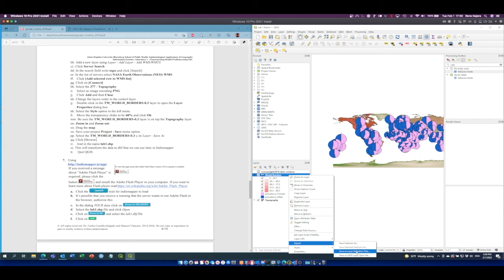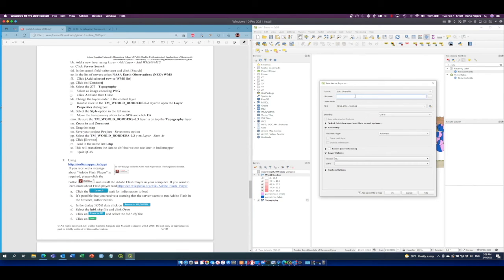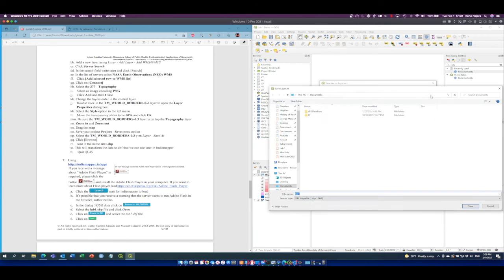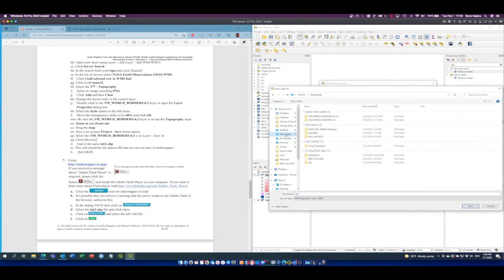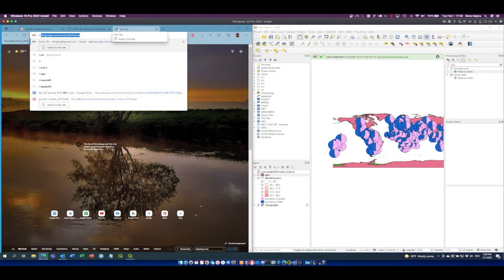Okay, save as, select TM world borders, and layer, save as, and then browse it. Okay. Yeah, it's the same. Shapefile. Lab 1. Shape. Just leave it on. And we're gonna save it in the downloads. Downloads, Lab 1. Save. Okay. And it's saved. And then one of the interesting things that you can do is if you go to maps